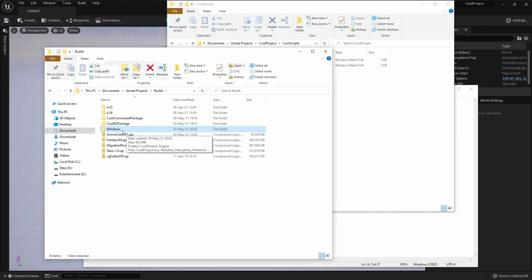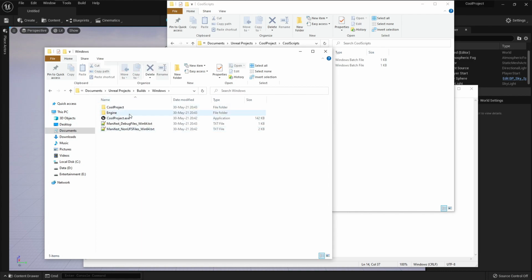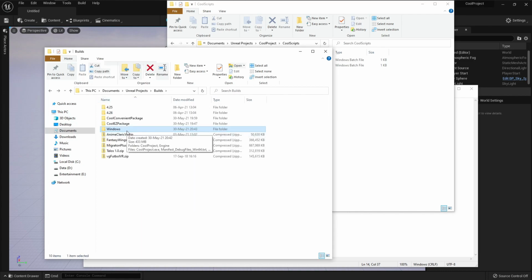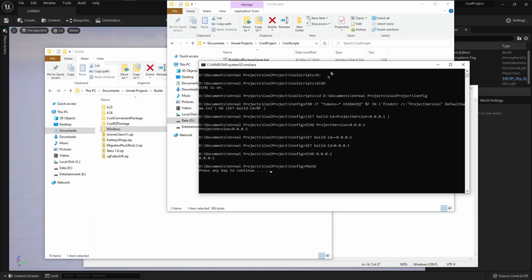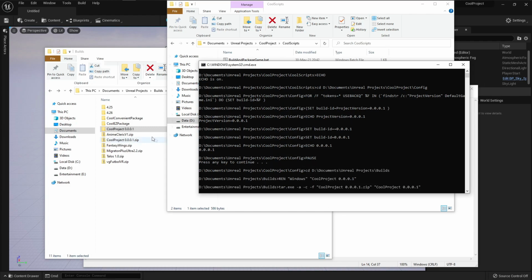Here it is again, my folder called Windows that has my cool project here, and oh, the size is even less. Oh, that's really cool. Well, we can now rename it. I put a pause in the script. I can continue with enter, and now the cool project is being